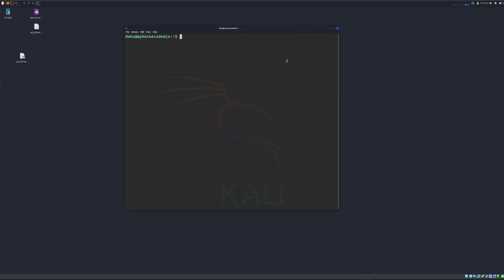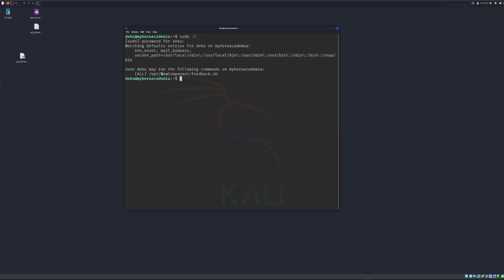So what I like to do is I like to check the cron tabs, and then I like to go ahead and check to see what I can run with sudo. So we can just type crontab -l. It looks like there's no cron jobs that are running for Deku. And so we'll just type sudo -l. And so enter in our password here, and now it looks like Deku is allowed to run sudo on /opt/new